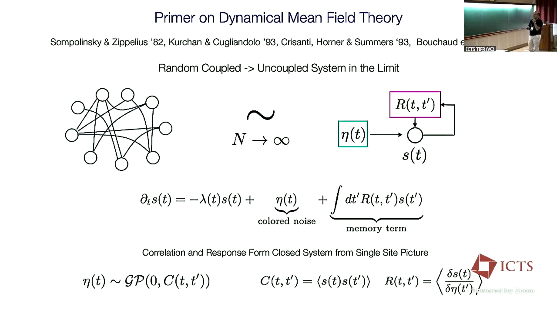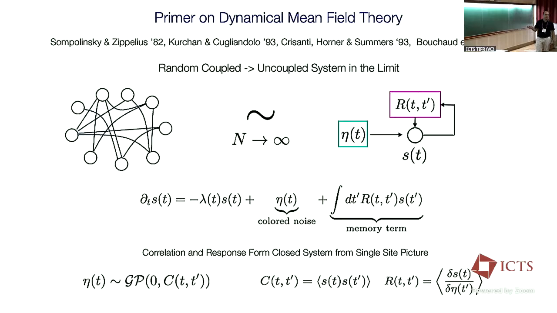So let's look at here. Notice that first I got rid of the i index. So I'm not thinking about a particular spin variable here, but just a generic random variable. This t is a typo, so ignore this. Lambda is a constant. The dynamics of this s variable goes through the interactions of the spin variable with the rest of the spins, which are reduced to these two terms.